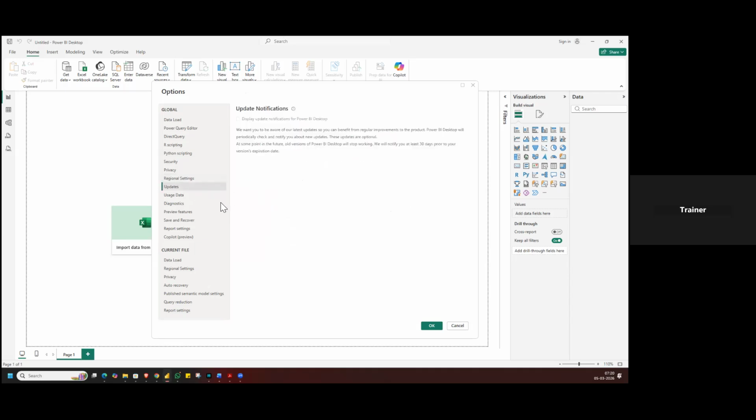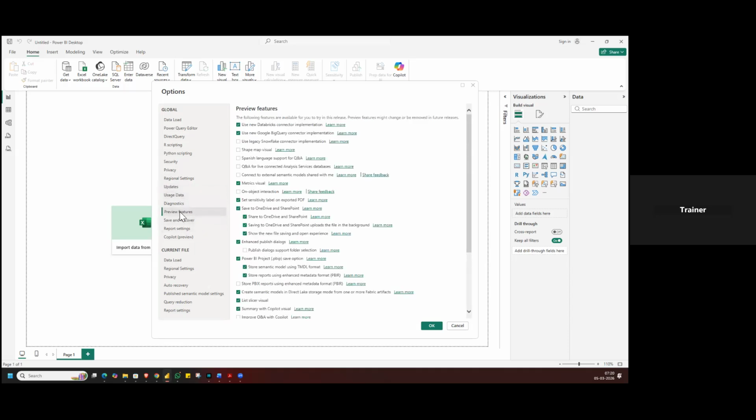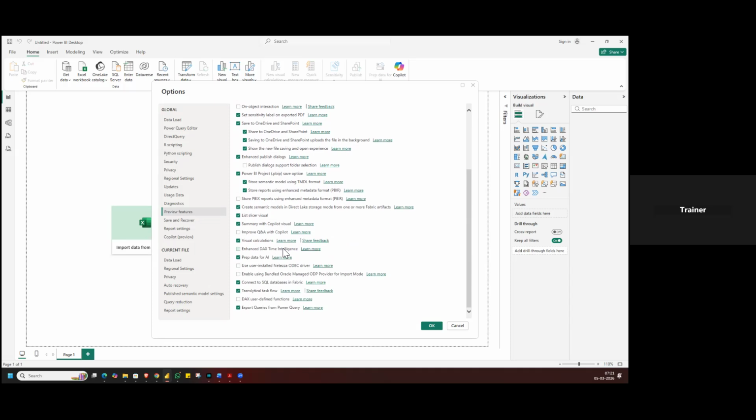Okay, so updates, usage data. So this is a preview feature. It's a very important preview feature. Many will get confused. If you're not getting a map visual, then you have to check the map visual preview. Q&A analysis, live connected services, databases. Some will be checked by default, and some will be unchecked by default. So whenever it is necessary, for example, if you are connecting with Teradata or different databases, you need some of the drivers like ODBC drivers. At that time,